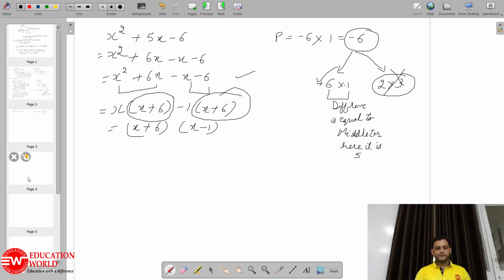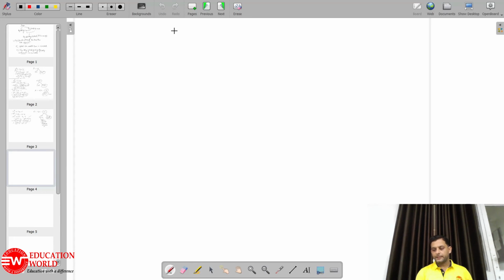So now I will try to take some more examples so that everything will be clear to you. Like here, we have taken the x square coefficient as 1. Now I am changing it. I am taking the coefficient of x square as 2, then minus 7x plus 6. Now see here again, the product is plus 6. It is multiplied by plus 2. So I need 12. It means I will find the numbers whose product is 12.